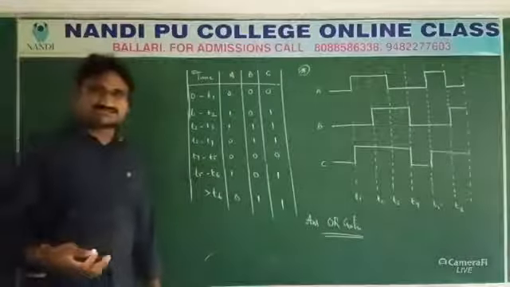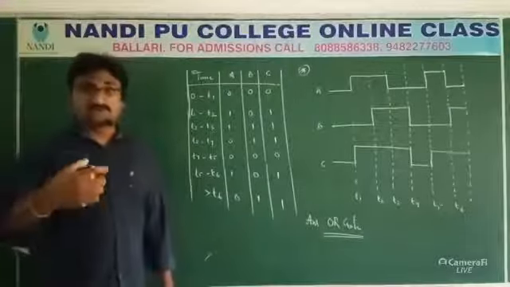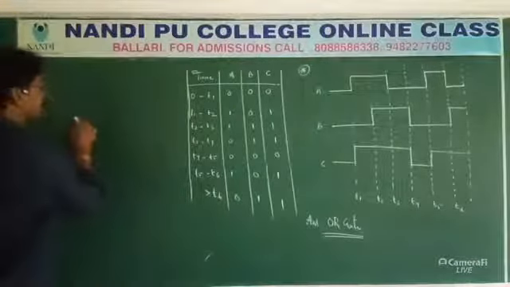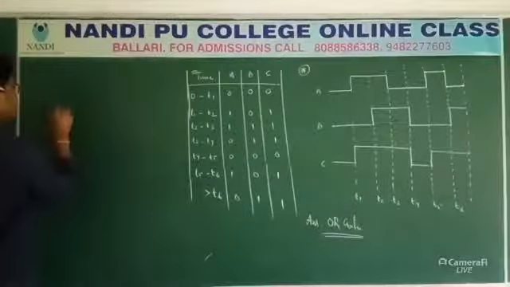Amplifying is what? Strengthening the signal. We are developing the signal. So what are the ways we have? Yes, either increase or decrease. So for example,